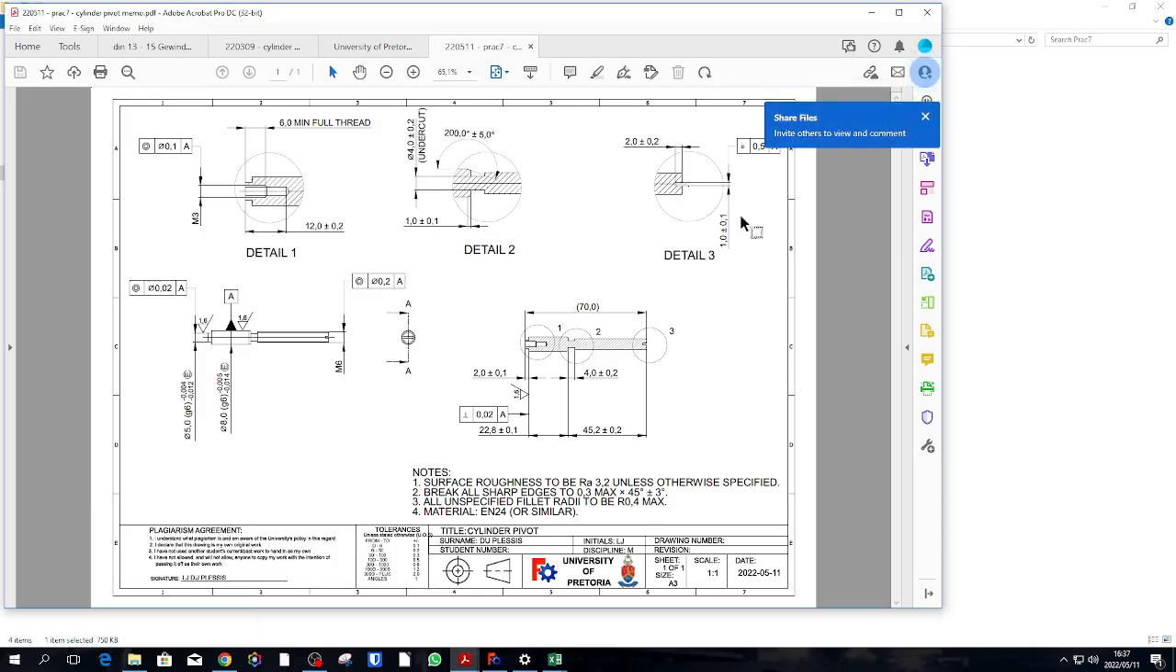So we have to do that. There is one more